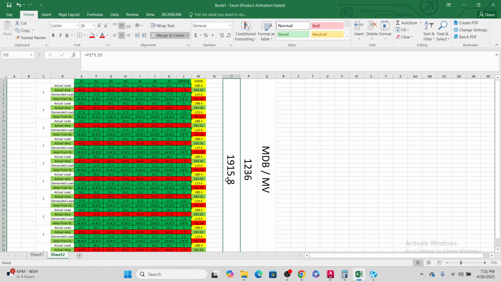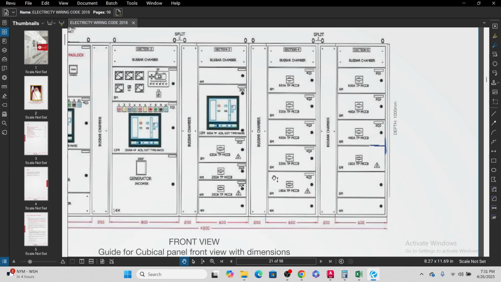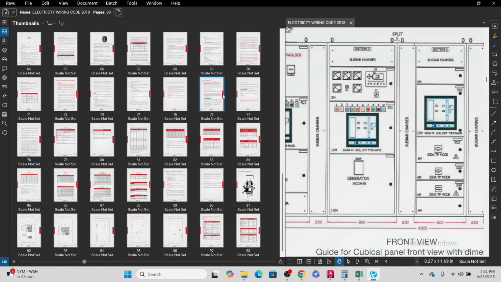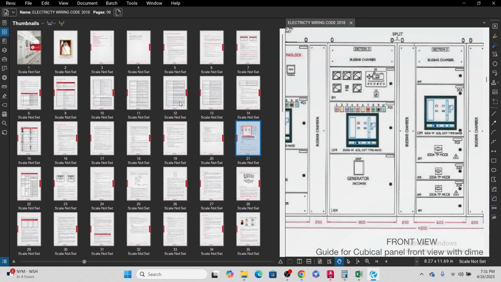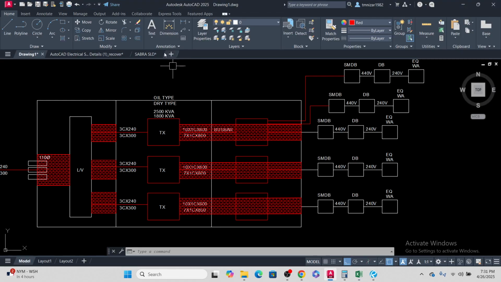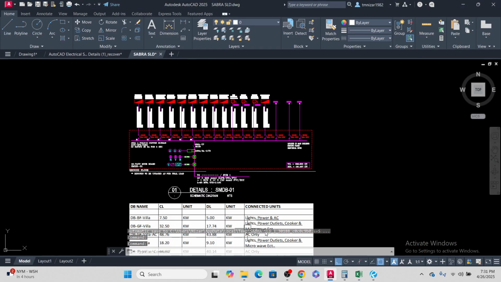I hope you understand. Okay, so how will we know this one? Now everything I am showing by panel and the Excel sheet, everything. There is one whole drawing we use to make a single line diagram. It looks something like this. Okay,